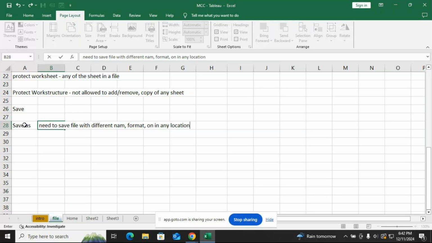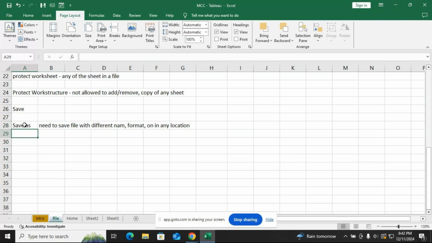You can use this save as, and the shortcut key for save as is F12. F12 is a shortcut key for save as. Okay,